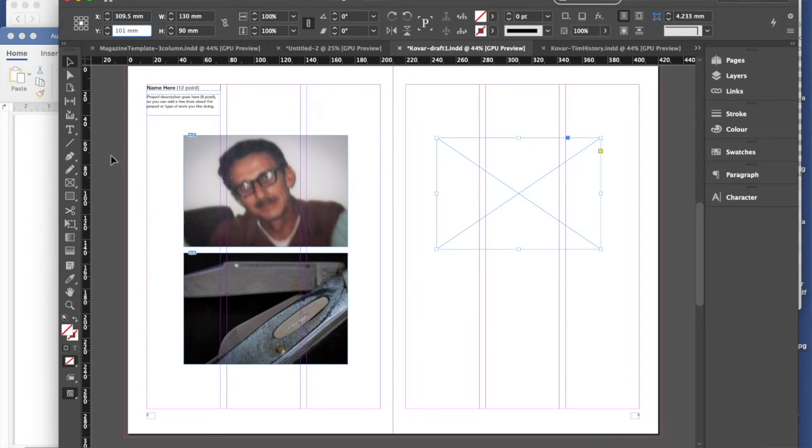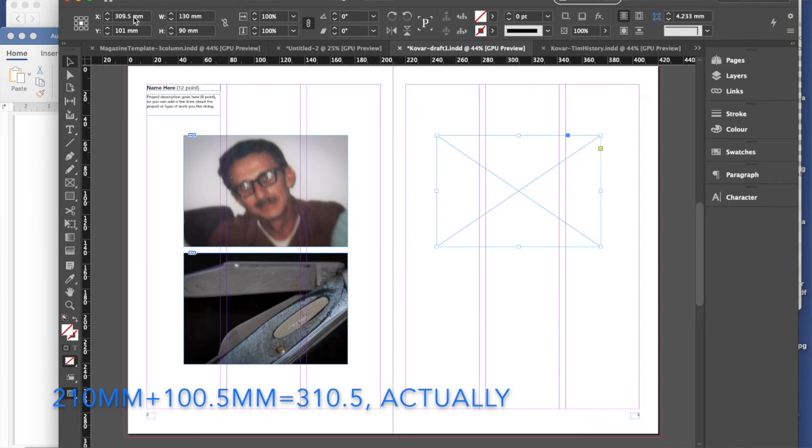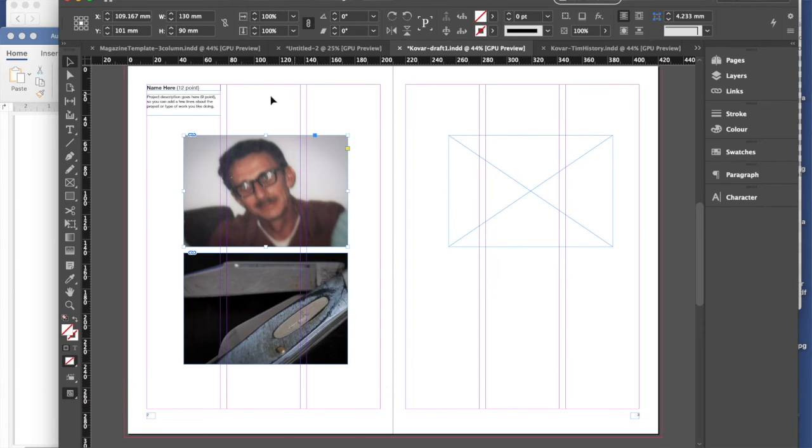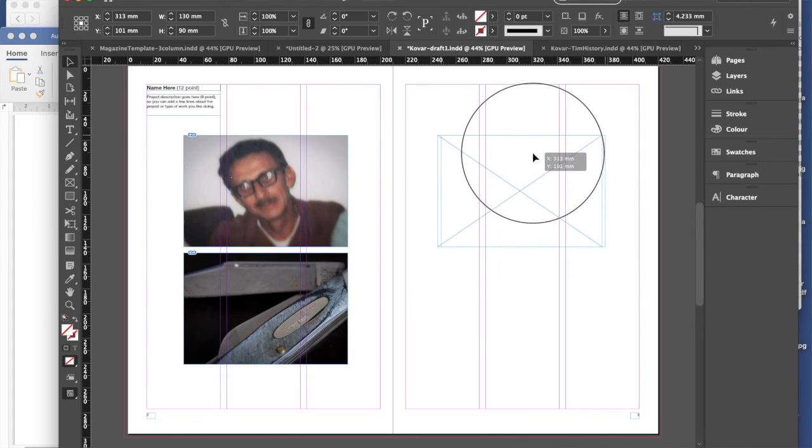And then because this is 210 page width, and the other one was 109, so I need to add 210 to my 109, which gives me 319, 319. See if that works. It was 319 point something, wasn't it? Or sorry, 109.167. All right, we'll get that close. I have my margins set up differently here. Okay. All right, so I've got a box 130 by 90,